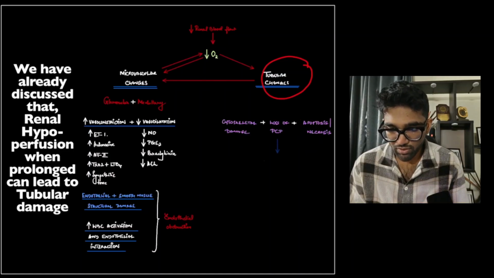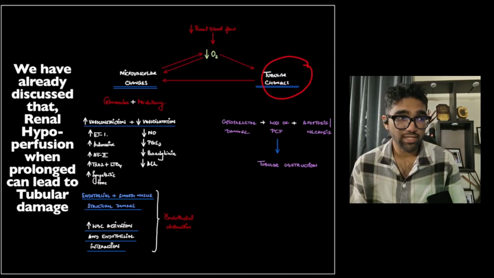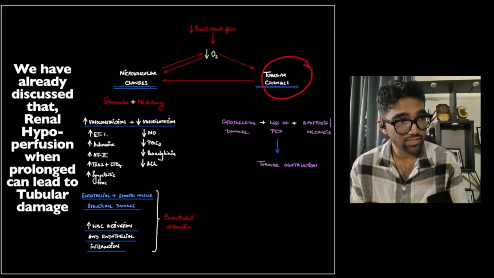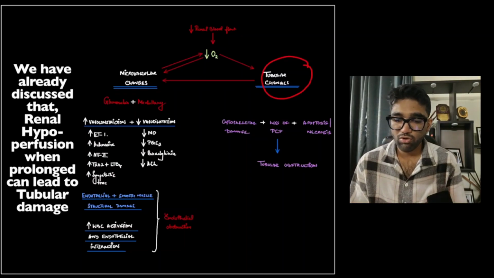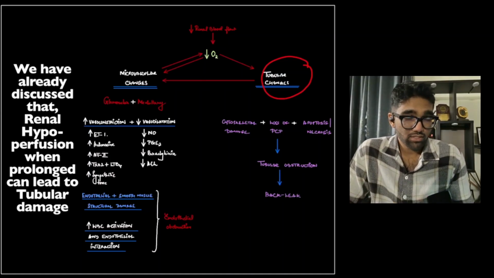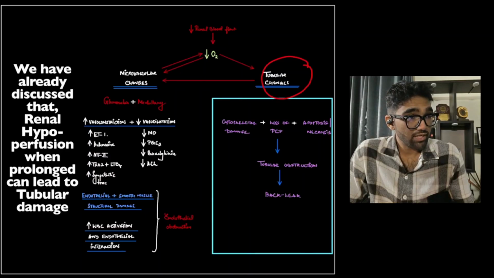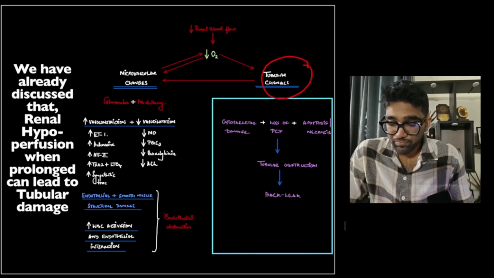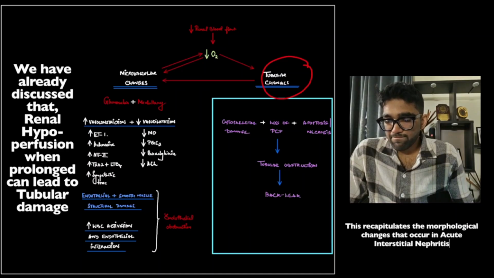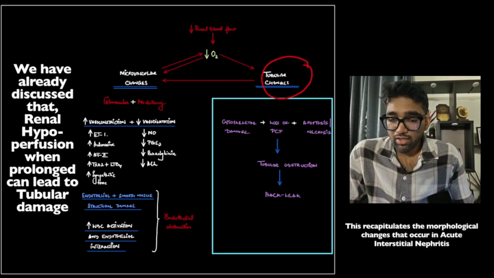So this eventually leads to desquamation of those tubular lining cells, which then fall into the tubular lumen, causing tubular obstruction. That causes back pressure into the Bowman space, and that eventually worsens the renal function further. Okay, so the thing is that this can recapitulate the morphological findings that I've just described for